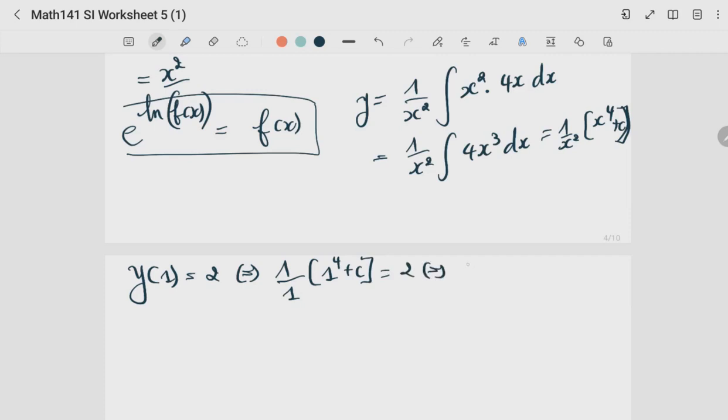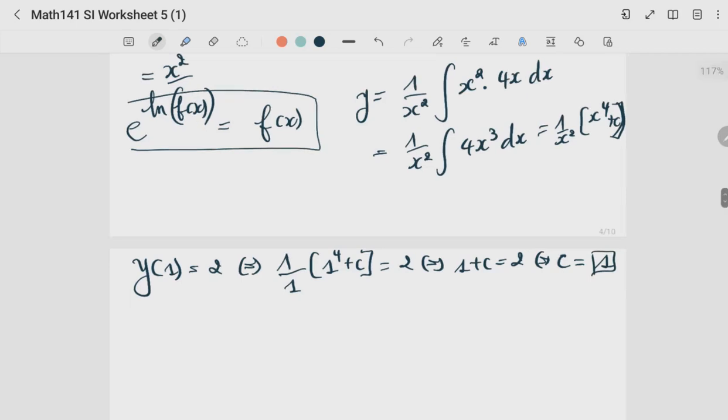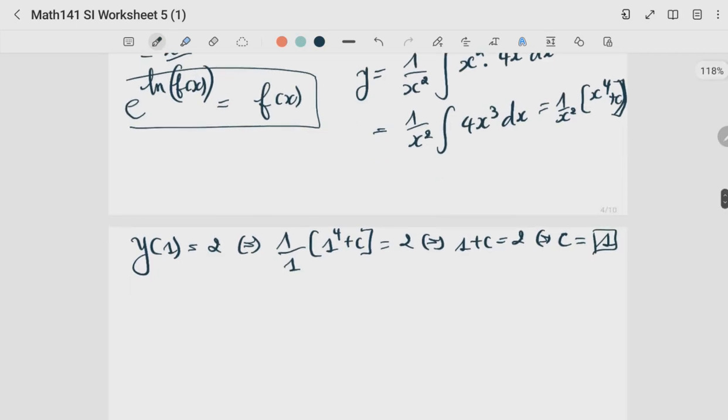It just means that 1 plus c is equal to 2, meaning that c is equal to 1. We found our constant now, meaning that our function y is therefore equal to 1 over x squared multiplied into x to the 4 plus 1, which is our